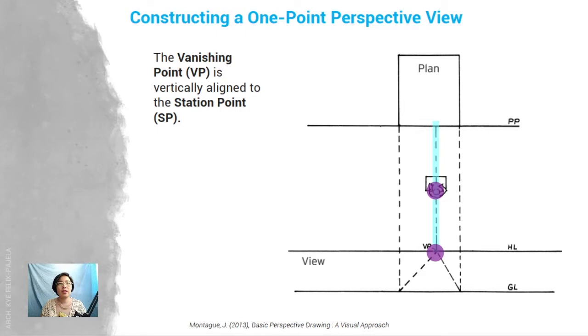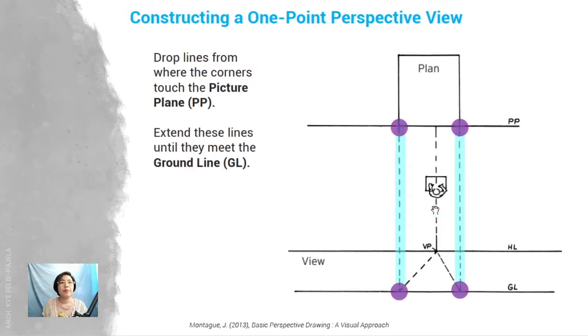So, from the horizon line, yung point na yan yung magiging vanishing point natin. So, sa 1-point perspective, isa lang yan. Sa 2-point perspective, you will have 2 vanishing points. So, they will be labeled as VP1 and VP2. Okay? Susunod, from the corners, touching the picture plane,